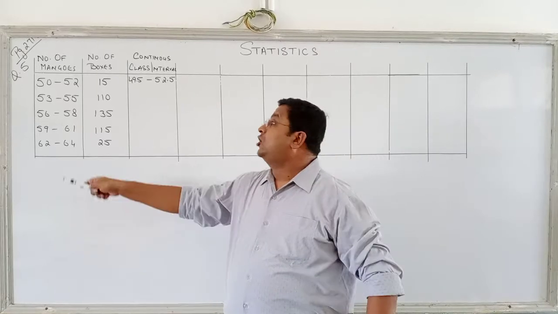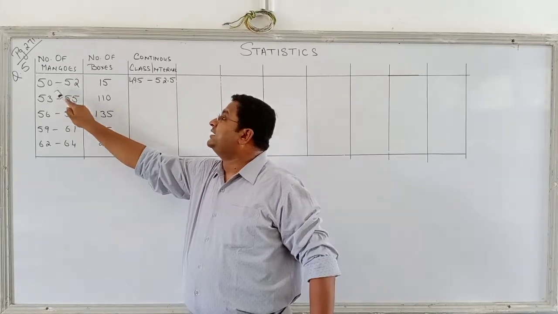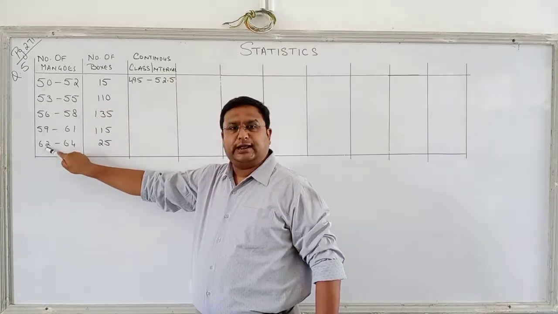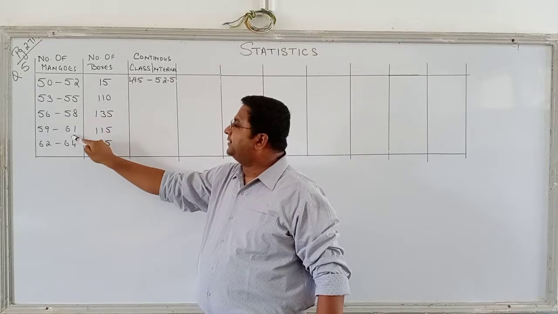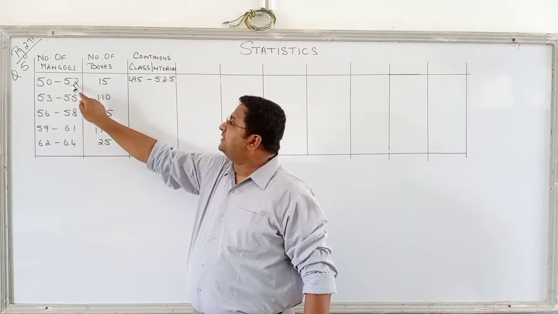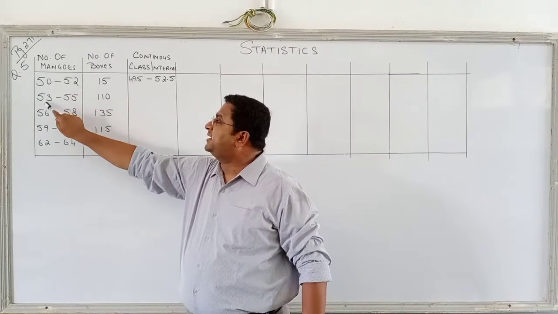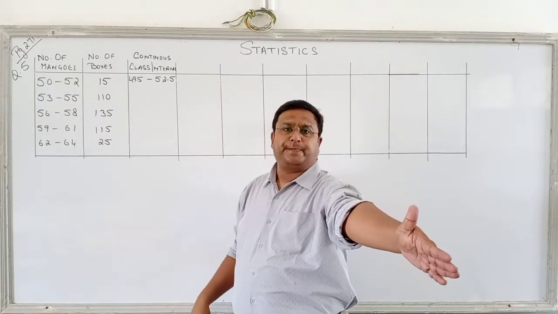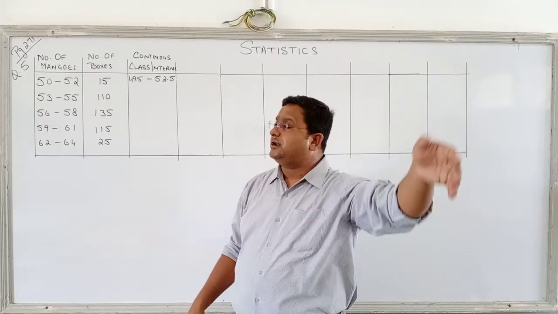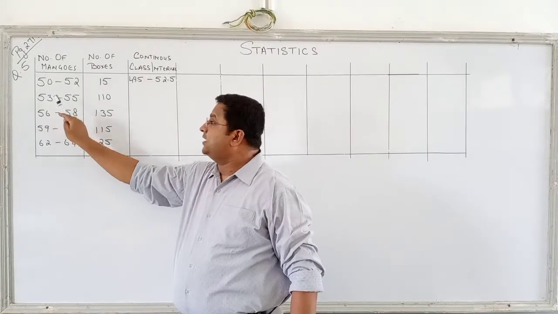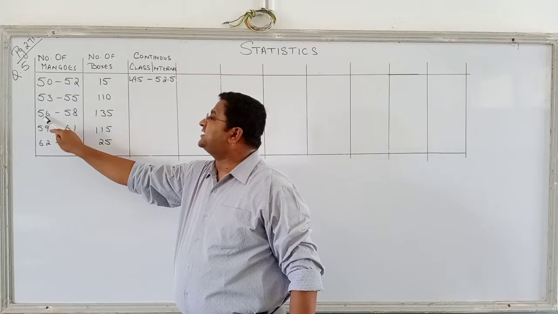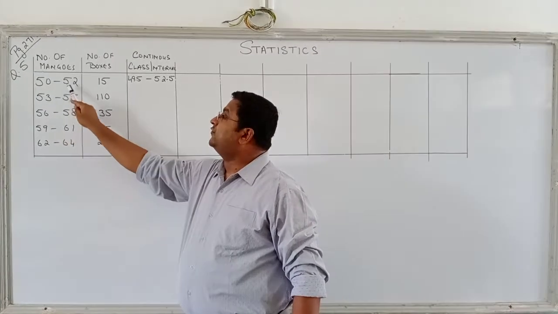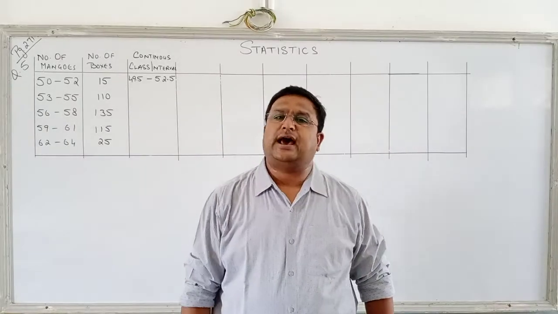Why did I select this? Because this is not a continuous class interval. Please check. These are our lower limits, you have been taught in lower classes, and these are upper limits. Correct? You can see the upper limit of the first class is not the same as the lower limit of the next class. 52 and 53. The rest of the questions you will find the same. They are continuous class intervals, but this is not a continuous class interval. 53 to 55. The next is 56 to 58. Is there a difference of 1? 59 to 61. So we have to change it into a continuous class interval.